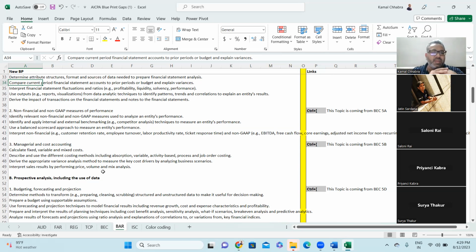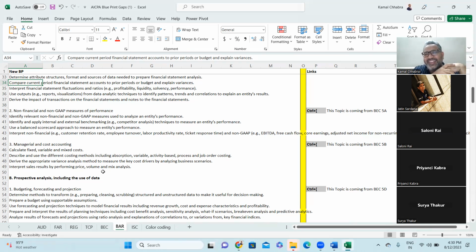Yes, Kamal. Okay. Those non-financial and non-GAAP measures include